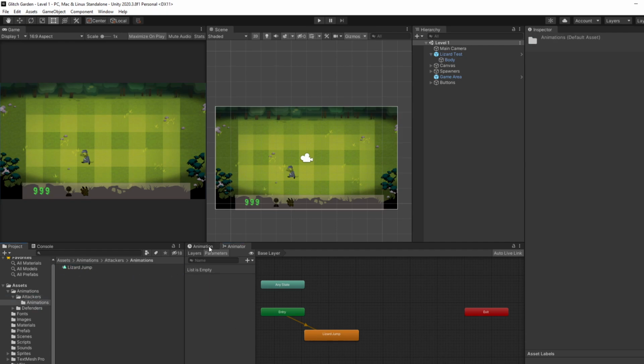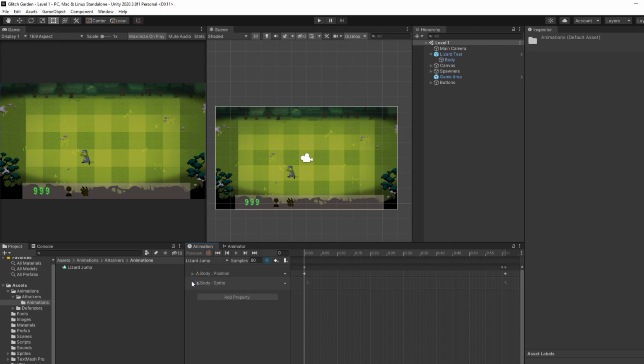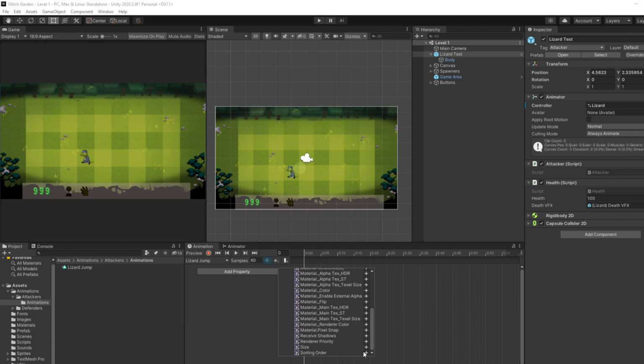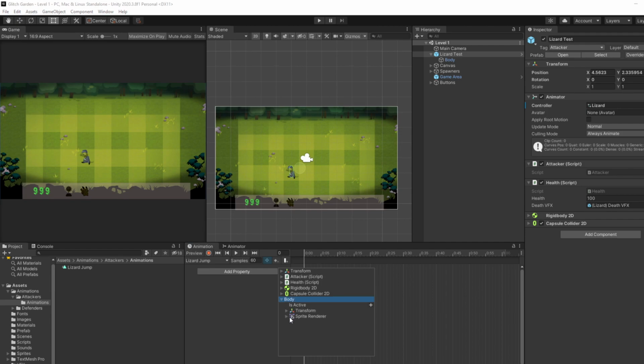So this is the lizard controller, and then we have a sprite. But in order to do that, I would need to, like, if I added a property here, it doesn't show up. See, I clicked on it and then it doesn't even show up as a property, even though it says that it's been added. I don't see it. Maybe